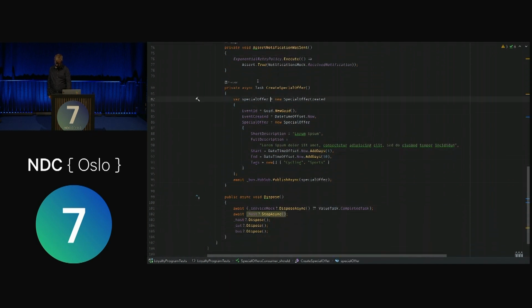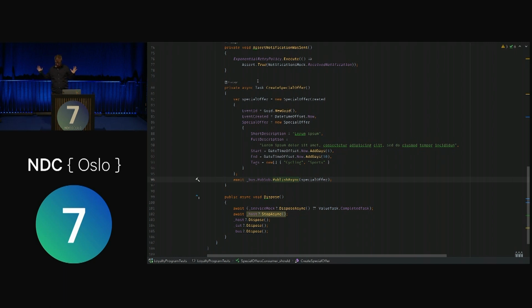And here we go. So we create an event. And we probably already have this type that defines the event, because we need it over in the special offers. So this is not something that we're making up for the test. It's something we already have. And we probably already know how to talk to RabbitMQ, because the special offers microservice does that. And that's what we're doing here. So again, we're publishing something onto RabbitMQ.